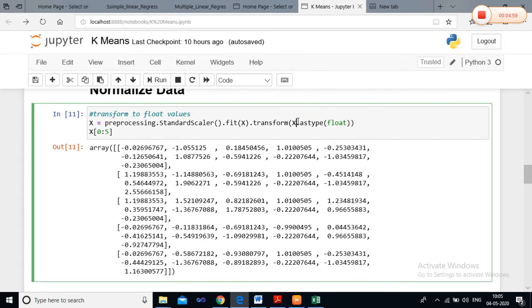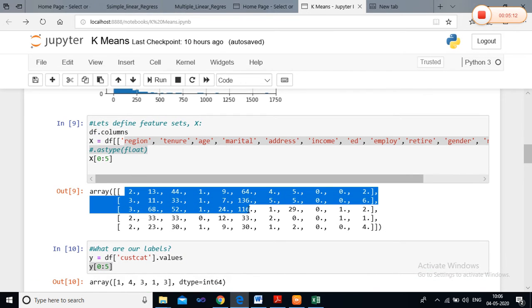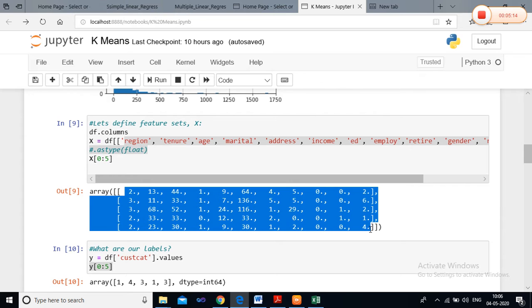We are converting the values of x into float values. After this we are displaying the top 5 rows. As above, you can see x contains the normalized values.